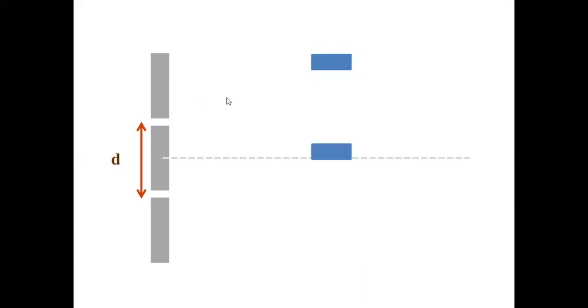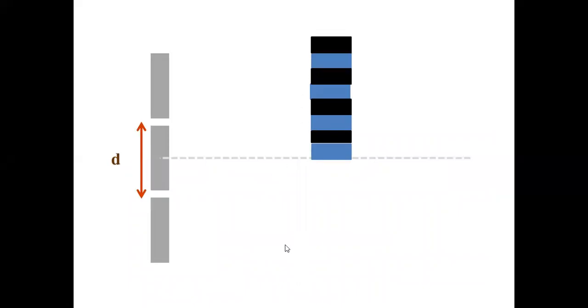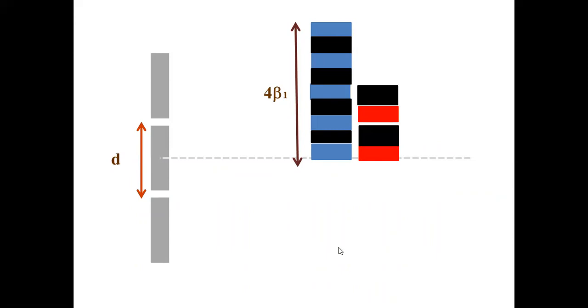Again the same process. At the central bright fringe you have one wavelength, and then dark, bright, dark, bright, dark, bright. Of course it continues. Zeroth, first, second, third dark fringe, bright fringe is produced. Fourth bright fringe: 1, 2, 3, 4. This is 4 beta 1. What about switching on the other light? Its lambda is more, so beta is more, and the fringes are far away. Next bright, dark, bright, dark, bright, and the bright fringes coincide. But this is the fourth bright and this is the third bright, not counting the central bright. Third bright, 3 beta 2.